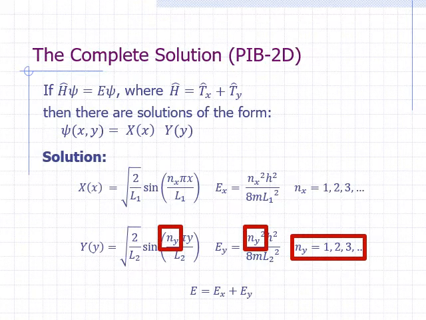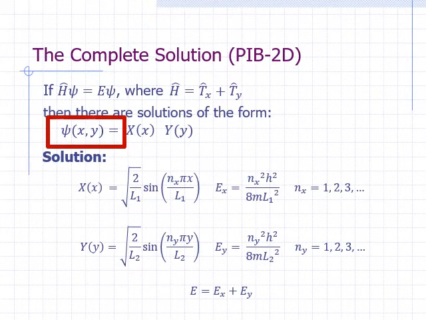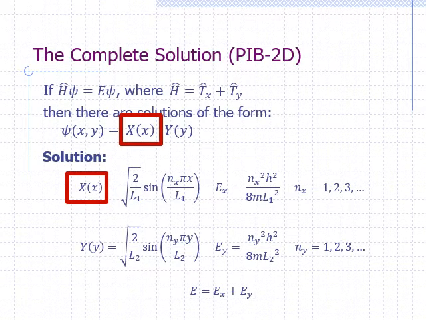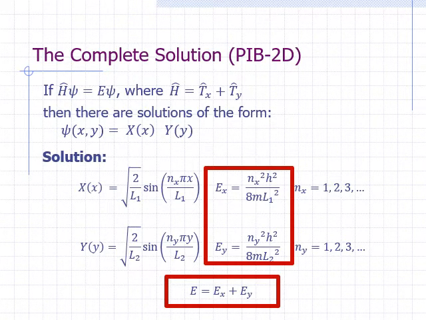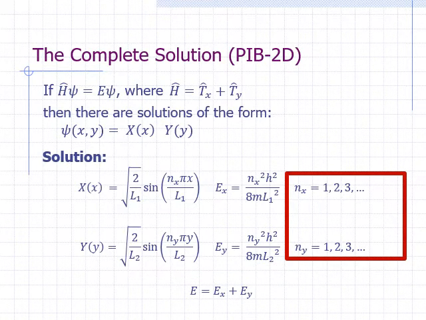Now we have the complete solution. The wave function psi is equal to the product of a part that depends on the x-coordinate and a part that depends on the y-coordinate. The total energy is the sum of E sub x and E sub y. Recall that to describe the particle in a one-dimensional box, we need to specify one quantum number n. We can see here that for the two-dimensional box, we now need to specify two quantum numbers, n sub x and n sub y. This is a pattern that we will observe: in 3 dimensions, we will need 3 quantum numbers.